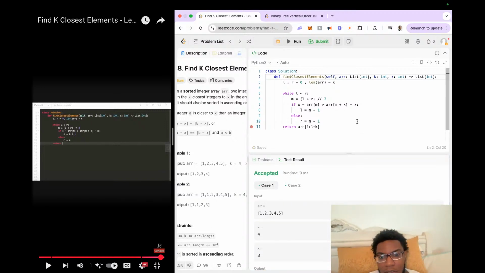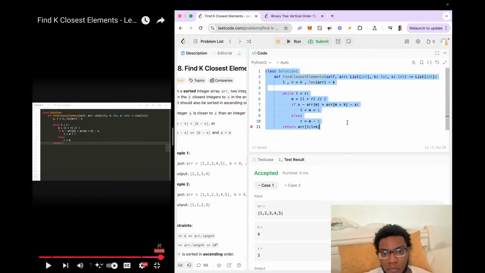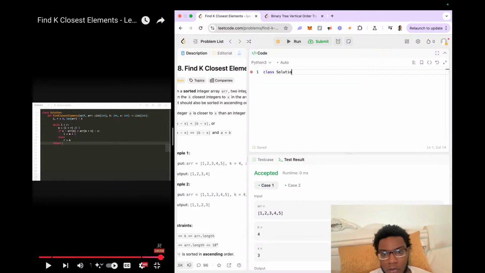Closest elements. Solution. Find closest element. Self, array is a list of integers, and then we have our x or k integer, x integer, and then it's a list of integers,